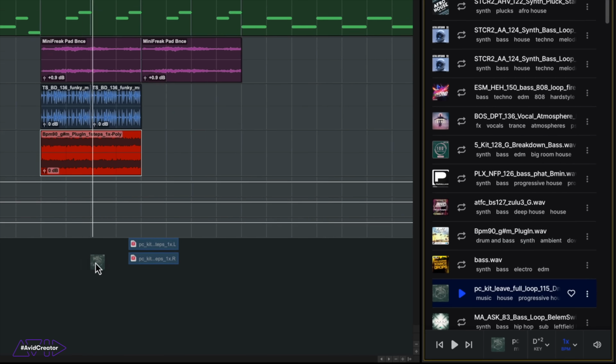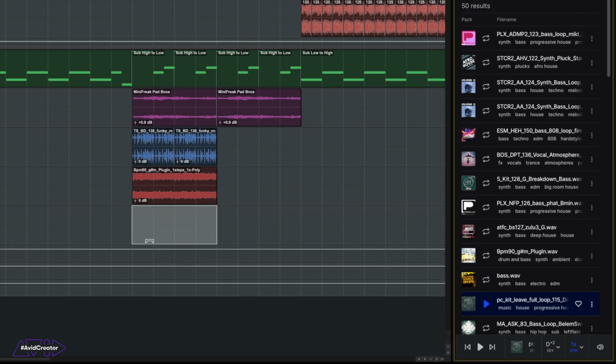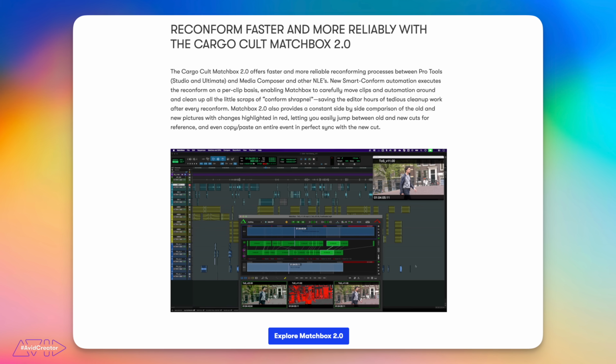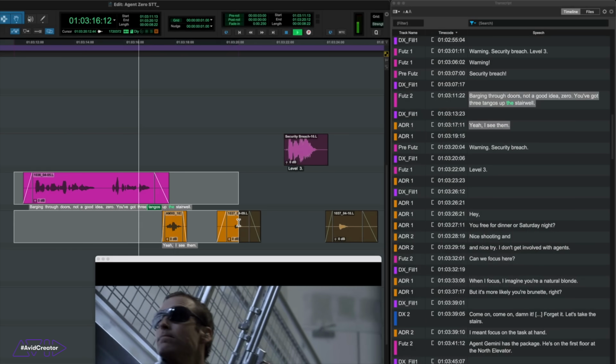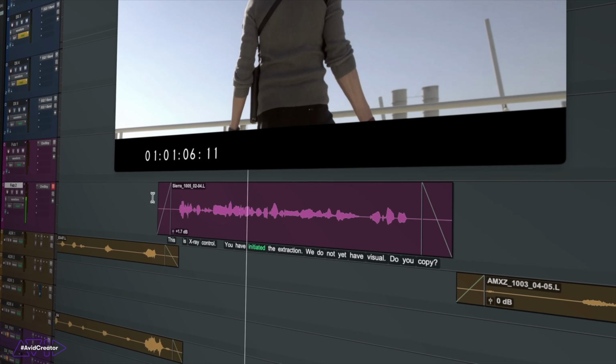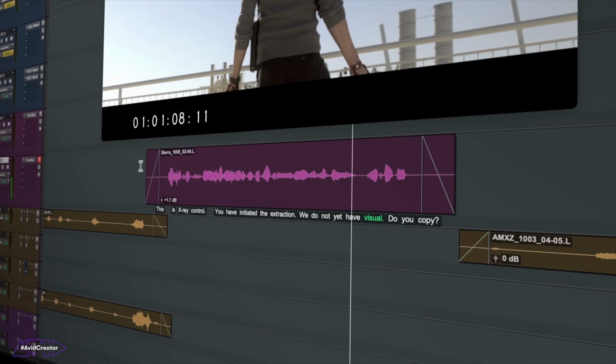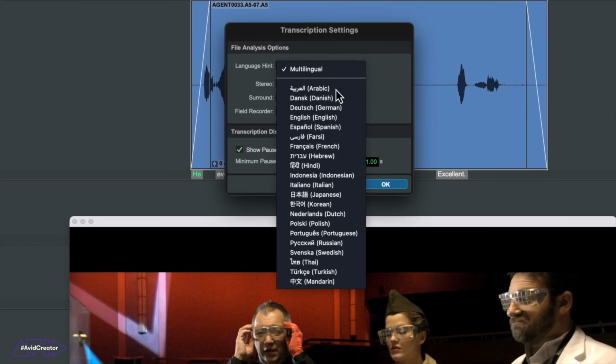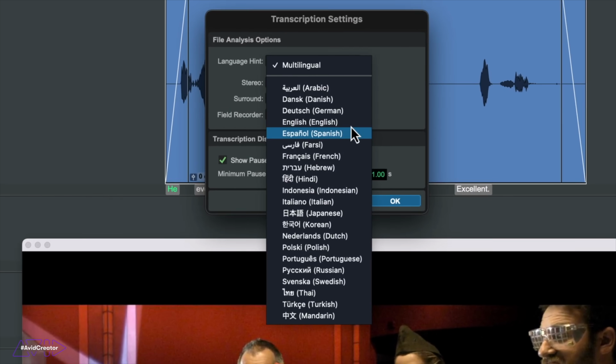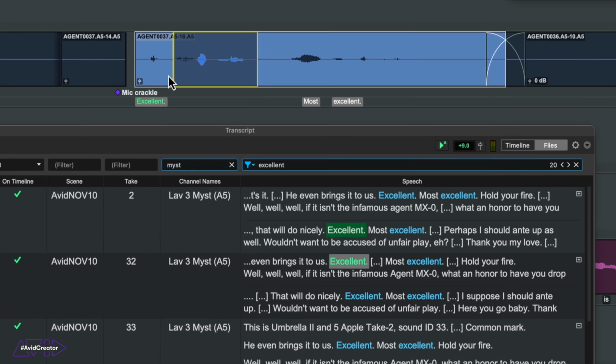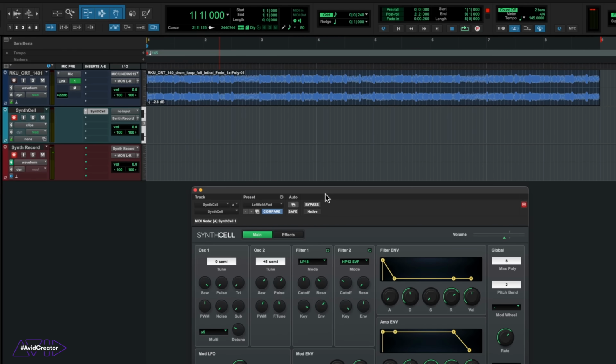This Pro Tools update also brings better post-production tools like Q Pro and Matchbox 2.0 support for tighter video editing workflows, real-time ADR queuing, and faster reconforms. There's also speech-to-text that transcribes dialogue and syncs it right to the waveform, making it easy to search and edit. And on the MIDI side, they've also added live mode playback, track-level keyboard labels, and they brought back the default through option. The update highlight really is Splice integration,